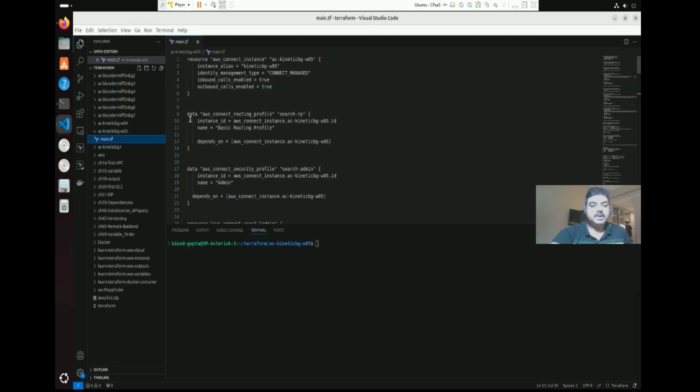I have made use of data and some dependencies in order to make the sequencing proper so that it should not give any error. What you see on the first line in the stanza is I'm going to create an instance with the name kinetic bgw05. So just with one command, before I start with the command, what I'd also like to do is start with